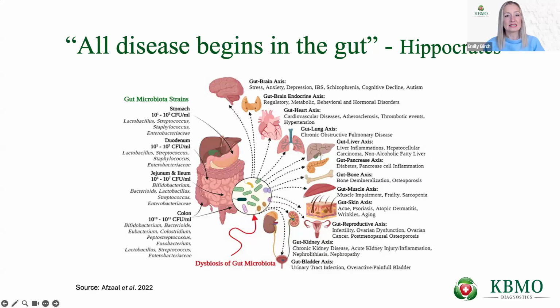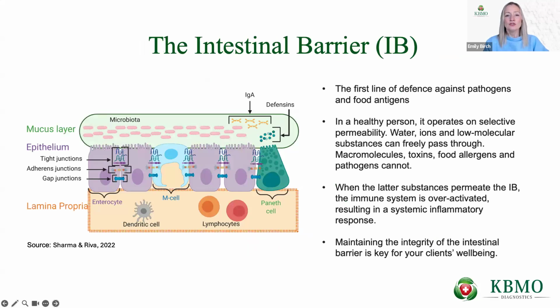But what about the intestinal barrier then? Let's talk about that, because that is the part of the gut that we're talking about today, or the GI tract. So the intestinal barrier, as I say, very, very quick recap on this. It's the first line of defense against pathogens and food antigens. And as you know, in a healthy person, it operates on selective permeability. And what that means is that water, ions, low molecular substances can freely pass through this barrier, but larger molecules, toxins, food allergens, and pathogens can't. When, however, the latter do permeate,